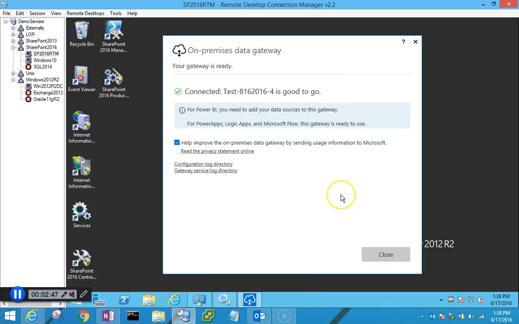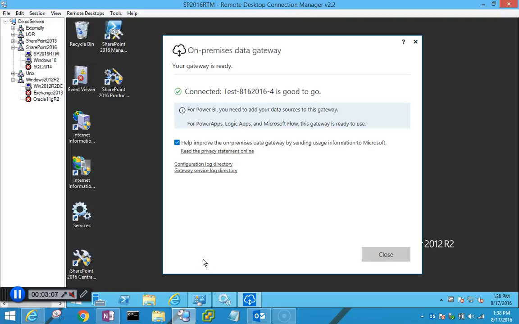So at least in this video, this is all that I wanted to cover. My SharePoint environment is nothing different. It's a two-tier environment. It runs on a SQL server, and it runs on Windows 2012 servers. It's a pretty straightforward environment, and I was able to install the gateway successfully, and it talks directly with my